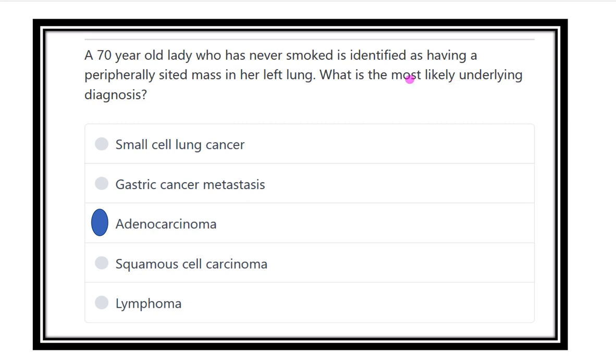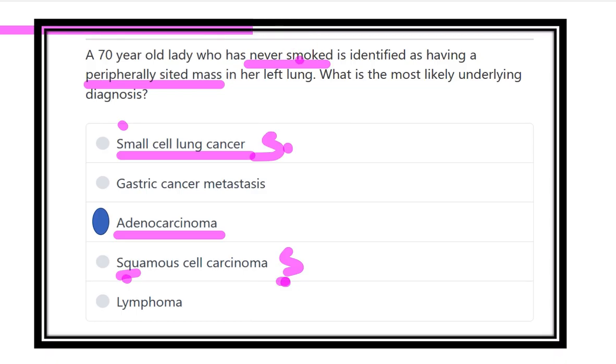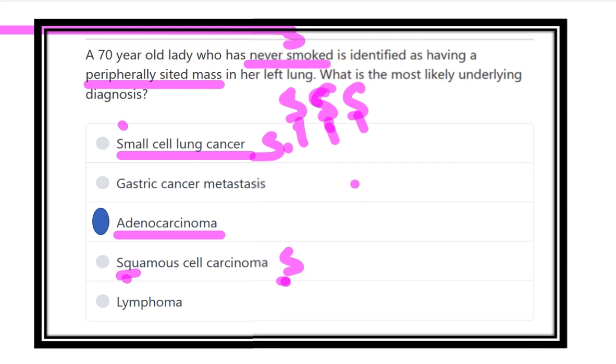So for the never smoker, the cancer which is peripherally seated is the adenocarcinoma, and the small cell cancer is S for S, and also the squamous cell cancer is S for S. That means smoking, squamous, smoking, small cell cancer. I think it is very, very clear that smoking, S and S for S: smoking, small cell cancer, squamous cell cancer. And what happened? Let's see